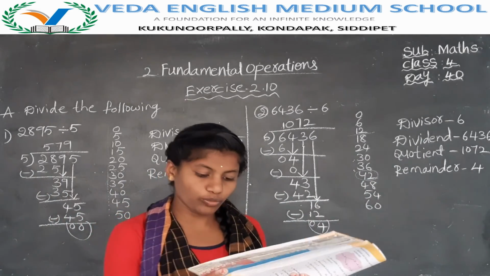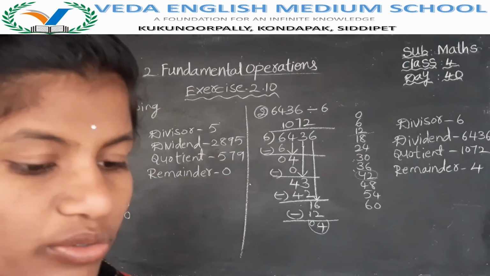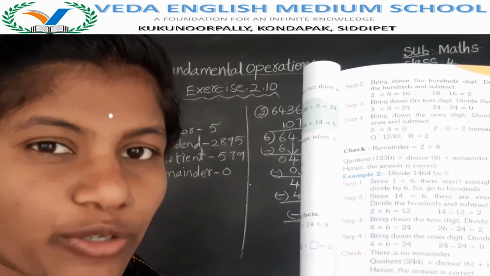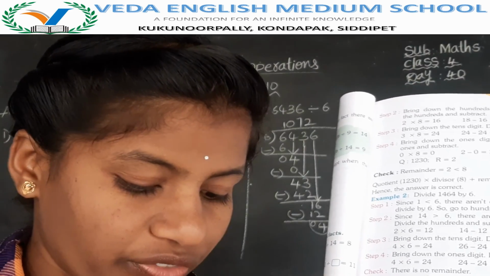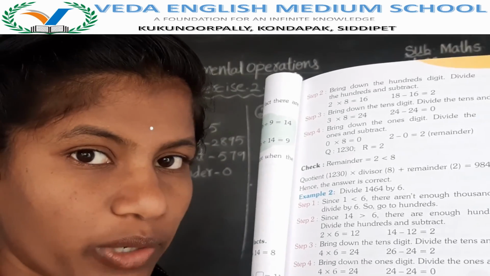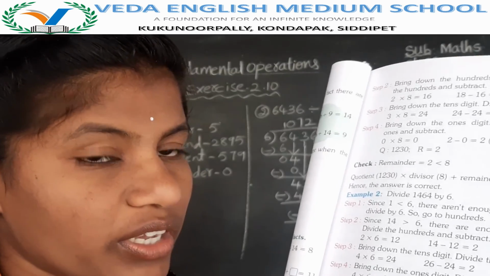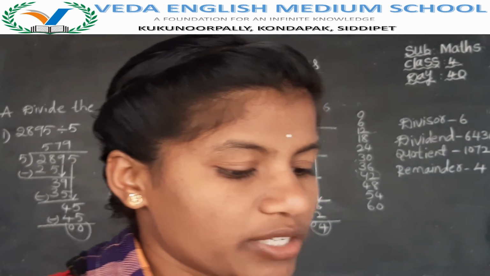Now in exercise 2.10 all these problems are like this only. Each and every problem you have to complete like this. In exercise 2.10 we have 20 problems. Out of 20, 2 problems have completed. So 18 more problems are there. Out of that 18, complete 9 problems today and complete the remaining 9 problems tomorrow. If you complete them, then exercise 2.10 will be completed by the next class.